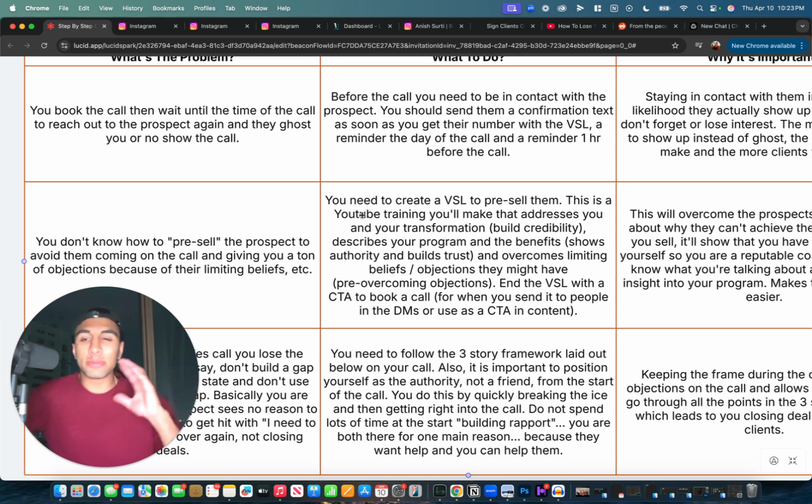And you explain all these limiting beliefs. I have people come to me all the time and say because of their 9 to 5 job, they're too tired at the end of the day. But guys, if you do this instead, you only work out 3 days a week, so you get to rest and you sleep enough like this and you eat like this, so you're full of energy, right? You overcome all the BS excuses you're going to get on the sales call in the VSL video.